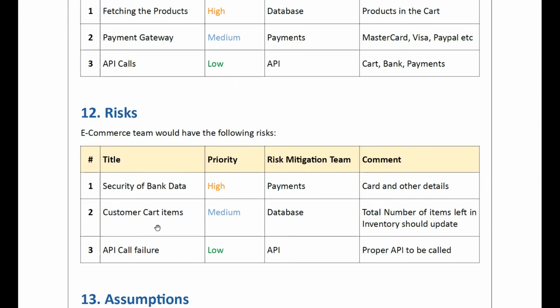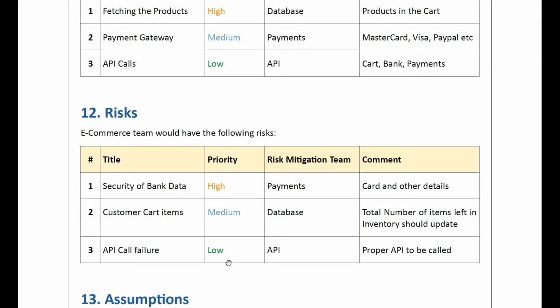And the customer card items, then the database. We can check if you select that data from the database and that data is removed from your inventory or not. That could be a risk.